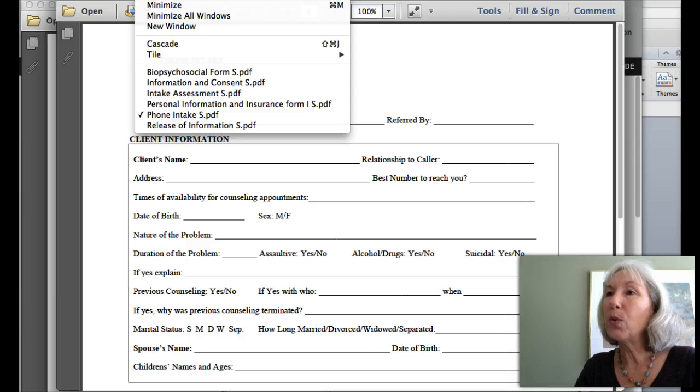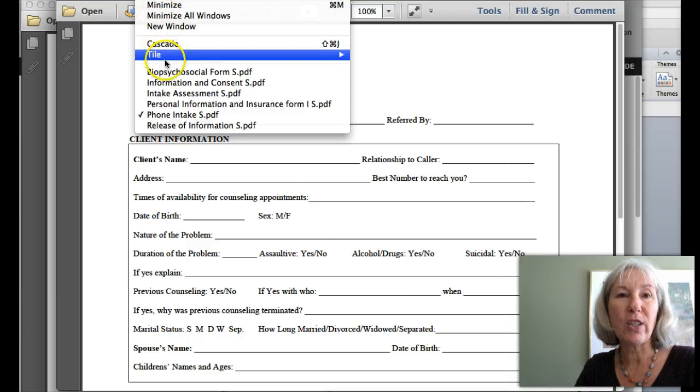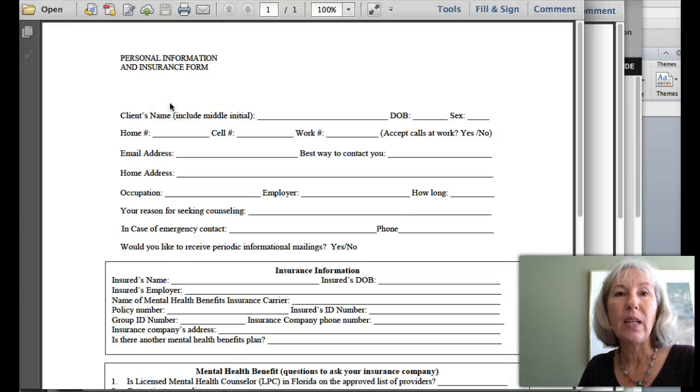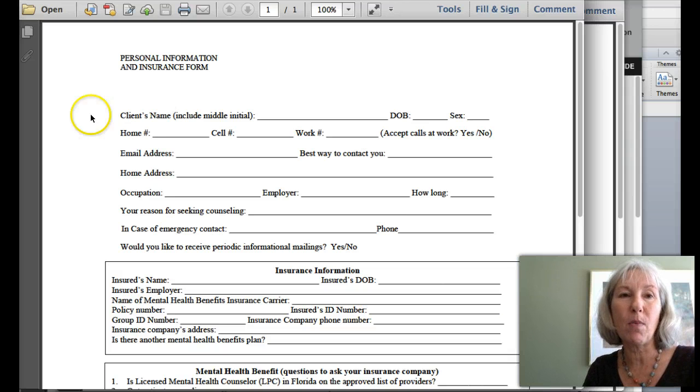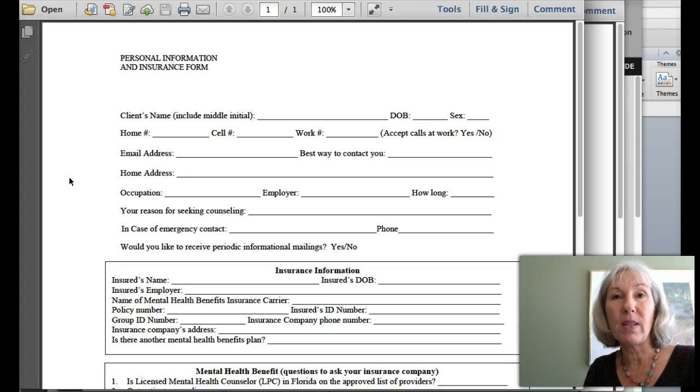Okay, let's go to our personal information and insurance form. Now, in the Private Practice Toolkit, which you can find on intakeforms.net, there are actually 2 versions of this form. One assigns benefits to you, the therapist, and another assigns benefits to the client.